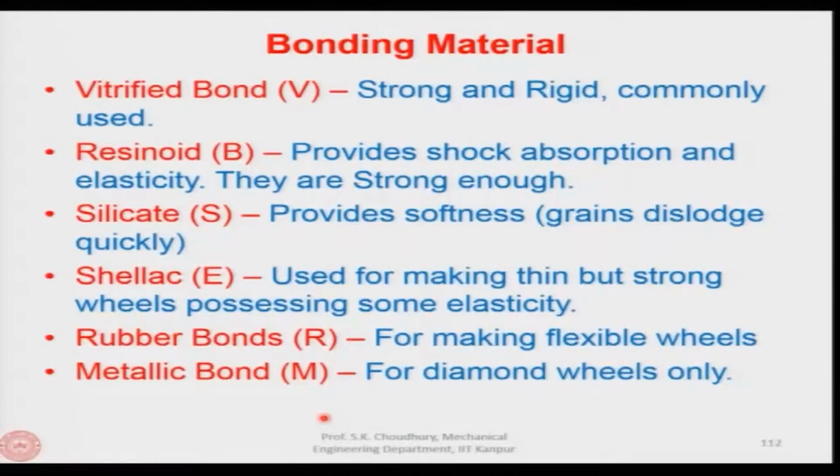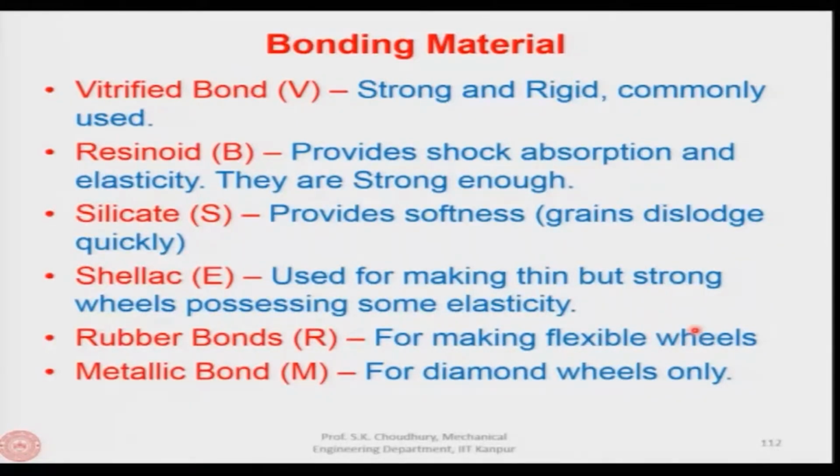Bonding materials, as I explained to you, are vitrified bond, resinoid, silicate, shellac, rubber bonds and metallic bonds. Each of them is indicated by an alphabet. Vitrified bond is V, which is strong, rigid, and commonly used. Resinoid provides shock absorption and elasticity; they are strong. Silicate provides softness, and grains dislodge quickly. Shellac is used for making thin but strong wheels possessing some elasticity, and the rubber bonds are for making